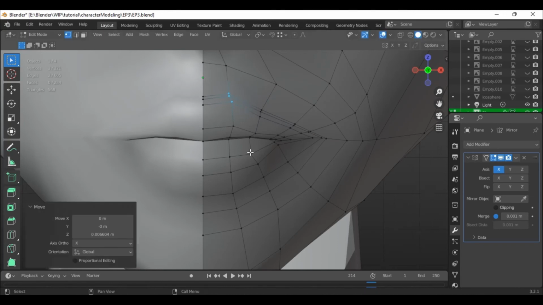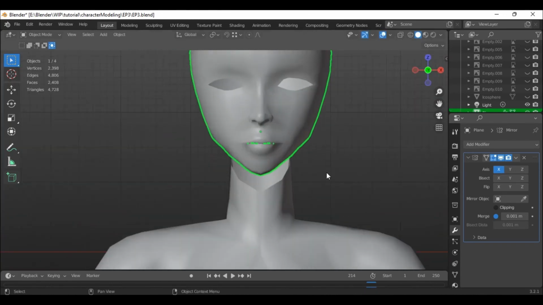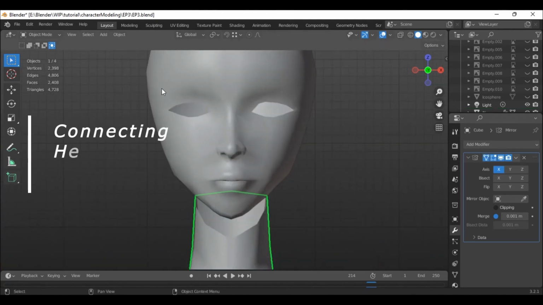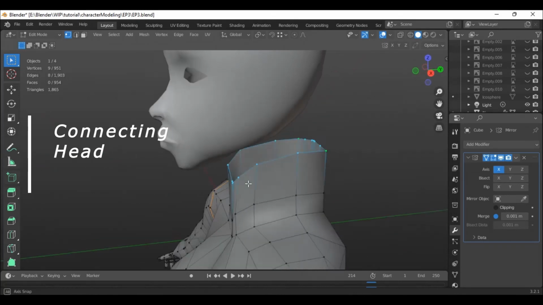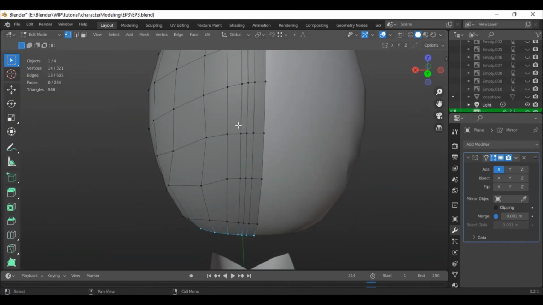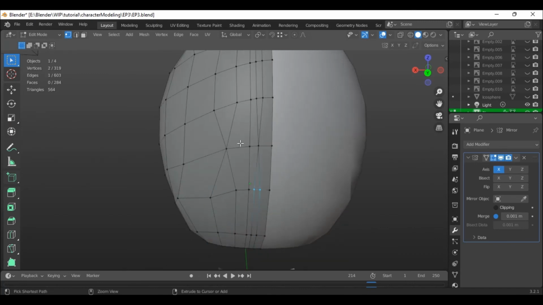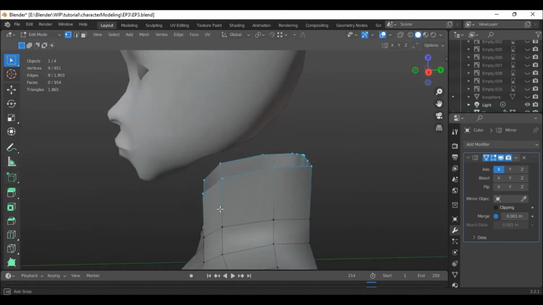Now that we are done with this, we just have to connect the head to the body. We have to make sure that the parts of the meeting have the same number of vertices, as you can see in the statistics. If you haven't added too many extra edge loops during the process, this should be easy. If you want to cut down on the number of vertices the head has, you can do some collapsing on the backside of the head as it's not seen, but this method has its limitations, so don't count too much on it.